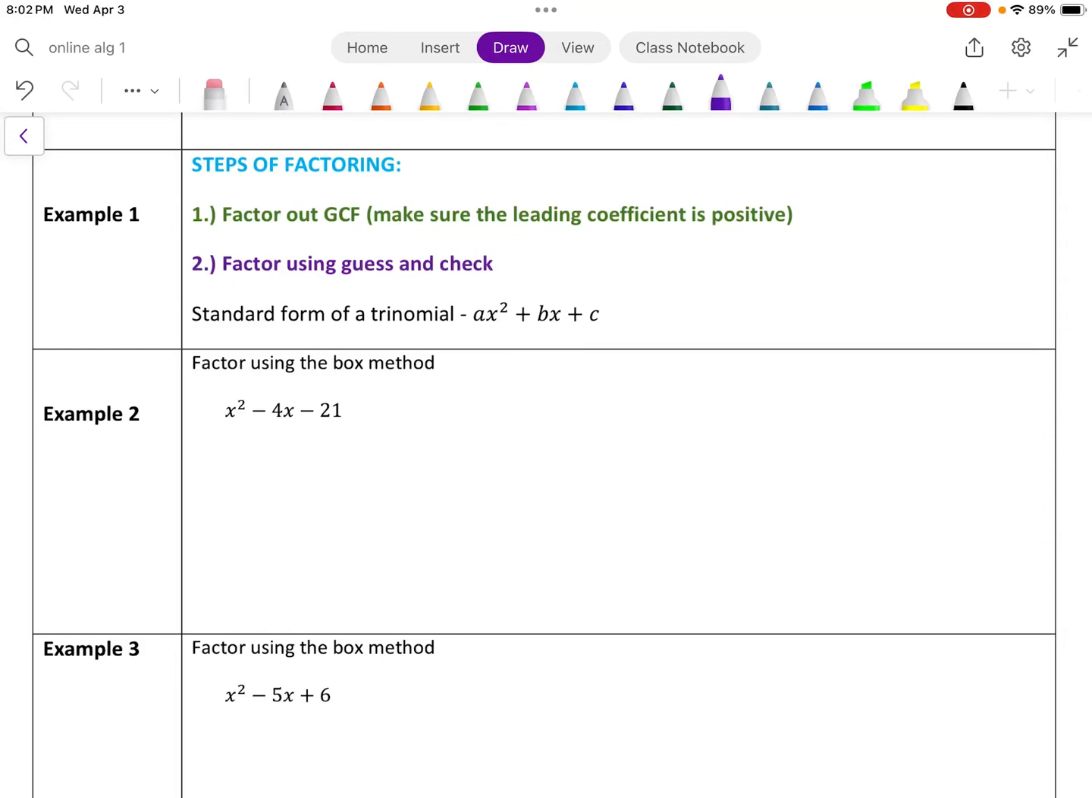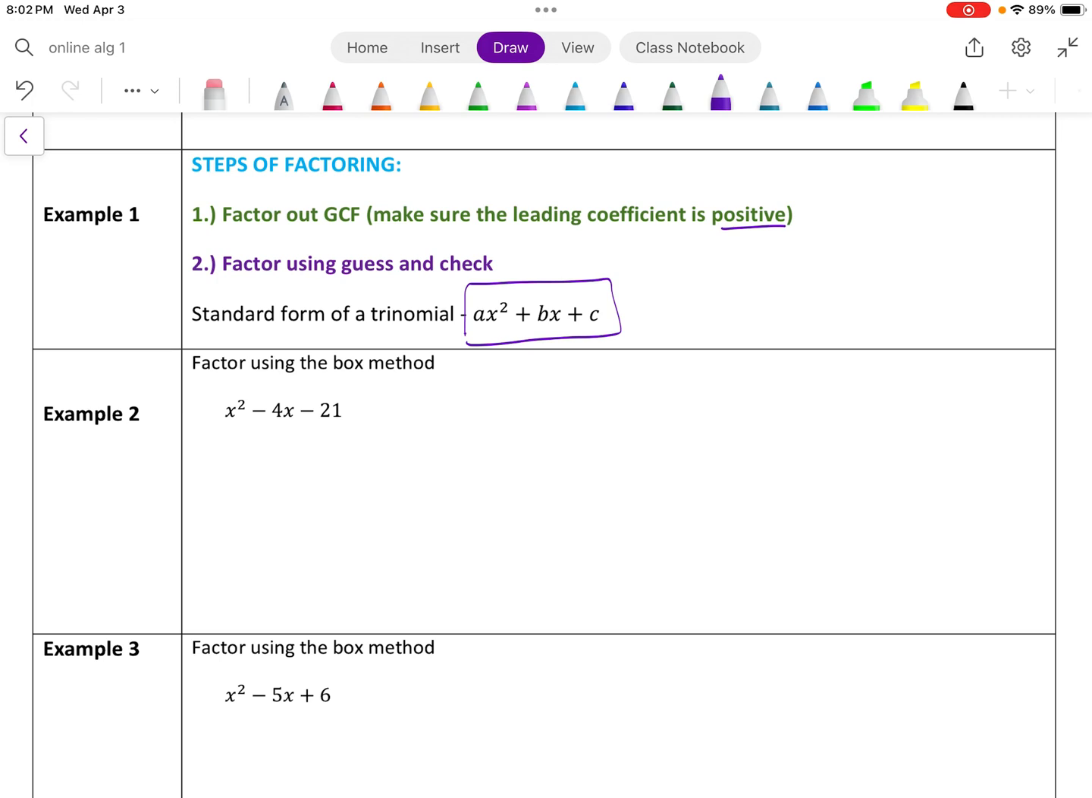Today we're going to continue talking about factoring. So to review, we always want to look for the greatest common factor first. Our leading coefficient should be positive, and then we can factor using our guess and check method. Just a reminder, when we're thinking about the standard form of a trinomial, it's ax squared plus bx